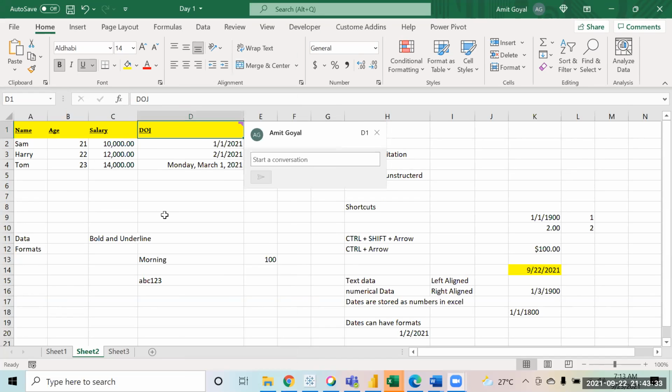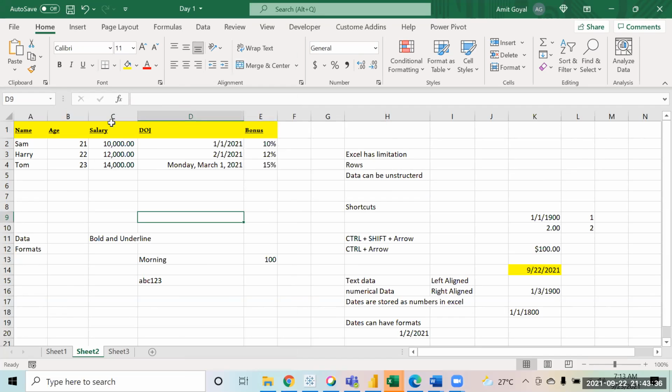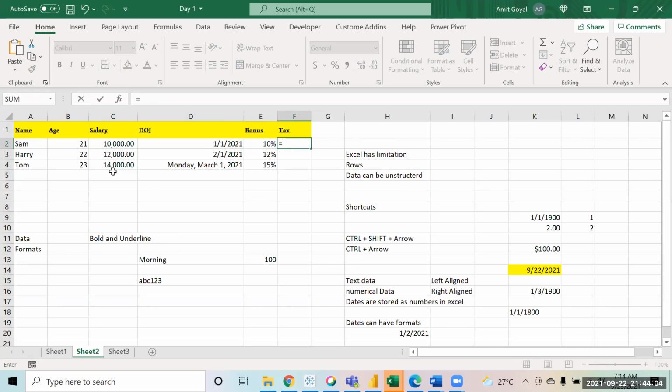Okay. See now, I have added a comment also. What you can do is you can add a calculated column as well. If you want to do some calculation, suppose I want to calculate the tax. Whatever the salary is, I am saying 10% of the salary is something a person is going to pay as tax. So in that case you say equals 0.1 multiplied by this salary over here.